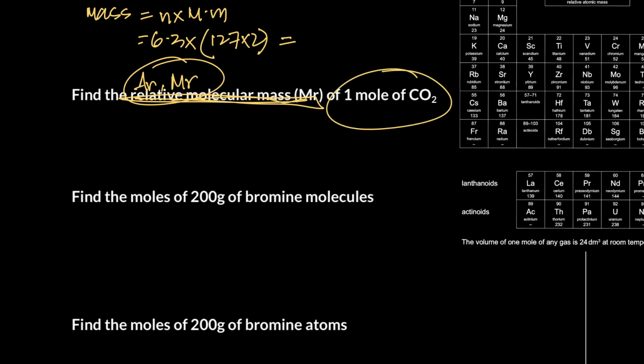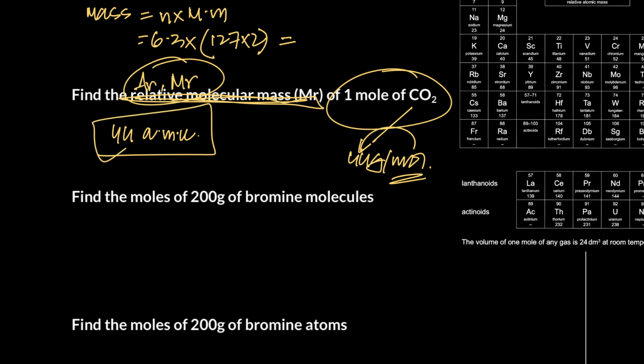एक मोल ऑफ कार्बन डाइऑक्साइड का मोलर मास कितना है, पीरियोडिक टेबल में देखें ना, 44 ग्राम्स पर मोल, मतलब क्या है, 1 मोल ऑफ कार्बन डाइऑक्साइड हैज 44 ग्राम्स। अब कह रहे फाइंड AR, तो AR या MR, फाइंड द रिलेटिव मोलेकुलर मास, आपने लिखना है 44, बट इंस्टेड ऑफ ग्राम पर मोल यू जस्ट हैव टू राइट AMU, इसका यूनिट अलग होता है बस, बाकी नंबर सेम है, इसीलिए आपकी टीचर AMU। और ये क्या होता है चैप्टर 2 में पढ़ा दूंगा, ये AMU क्या होता है।